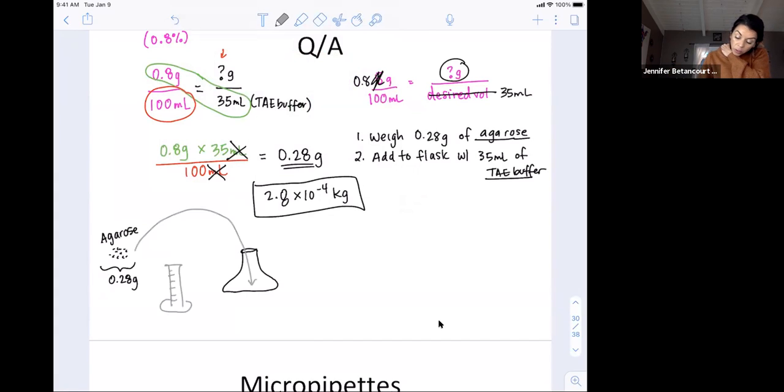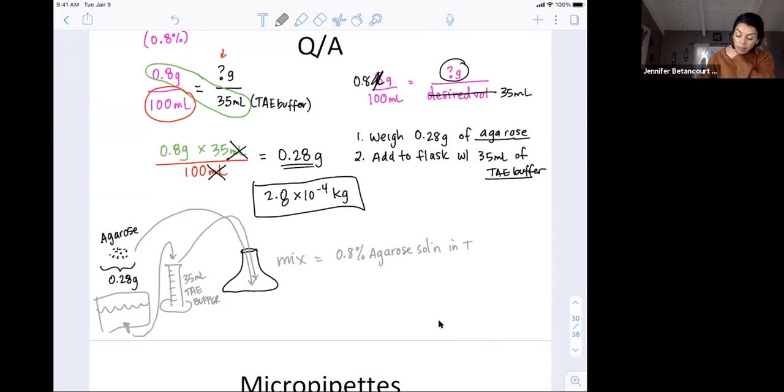And you fill it to 35 milliliters of TAE buffer. So that's probably going to come from a giant carboy with a little spigot that you pour. So it's a humongous, maybe has liters and liters and liters of TAE. So you pour that into your graduated cylinder, and then you pour that into that same flask, and then you mix. What that gives you is a 0.8% agarose solution